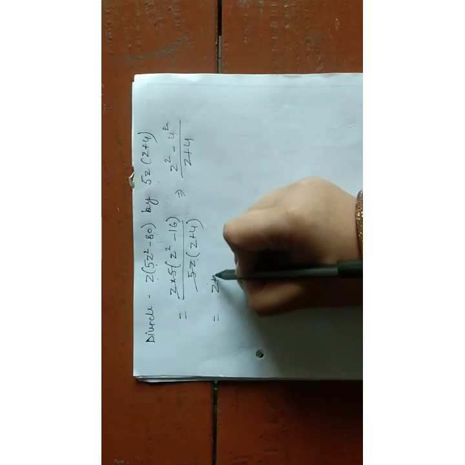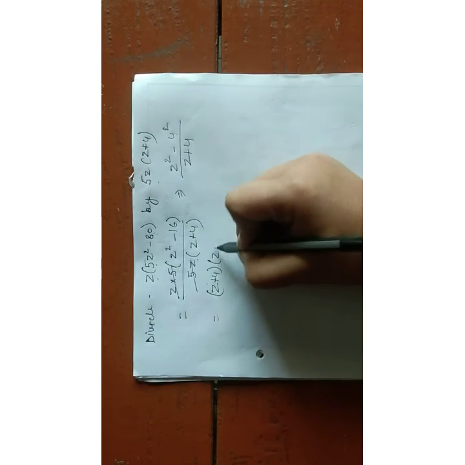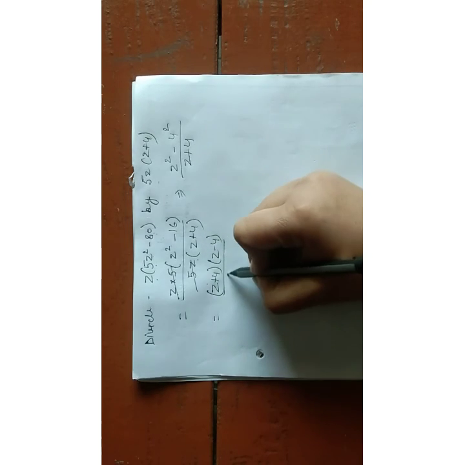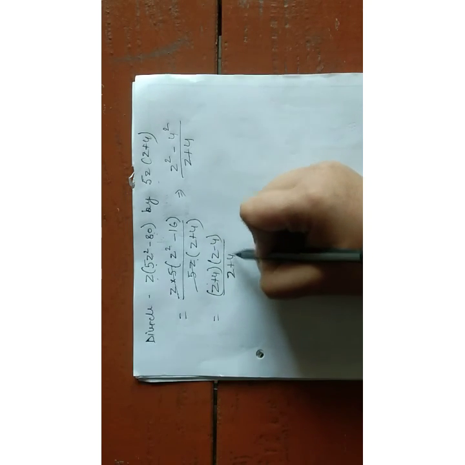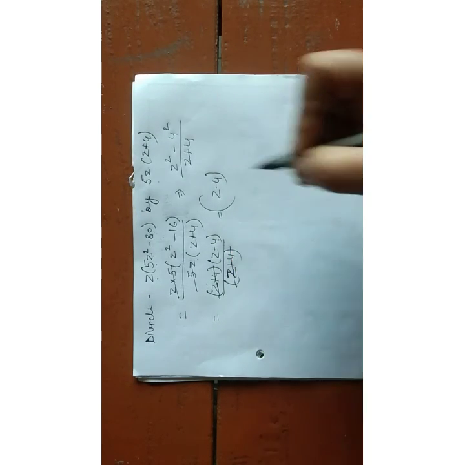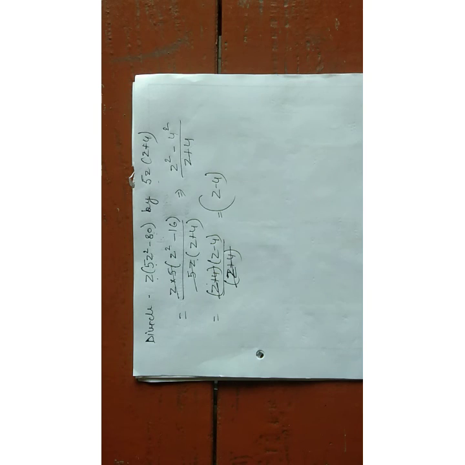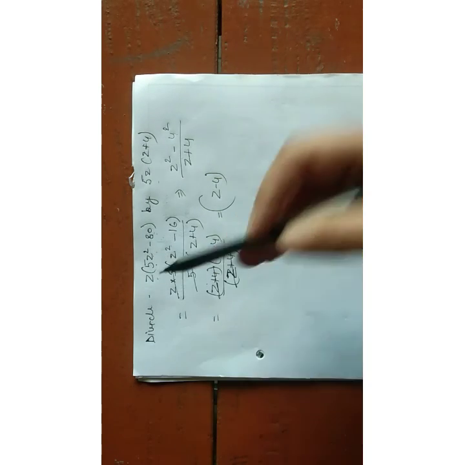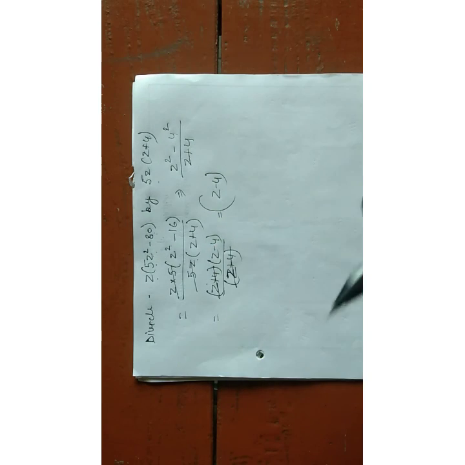And we are having z plus 4. Now this is of the form a plus b and a minus b, and in the denominator we are having z plus 4. Now see, these two are the similar terms, so z minus 4 is our answer. So there are many ways. It depends on the numerator, how you factorize the numerator.